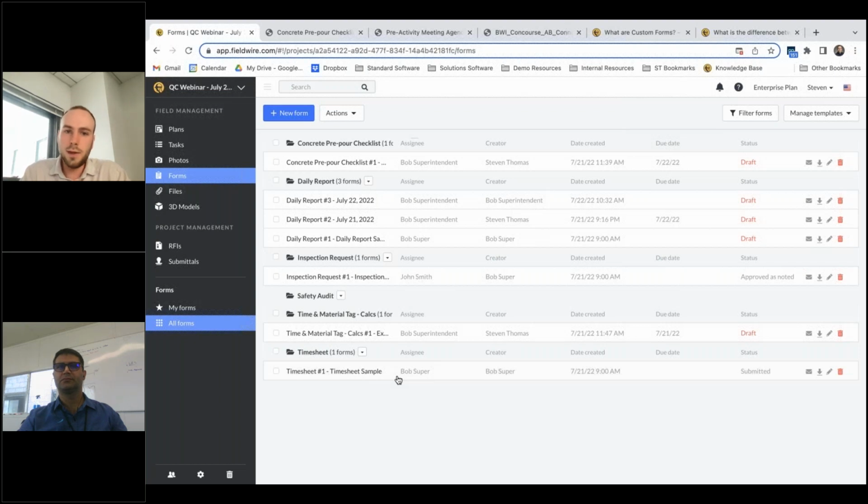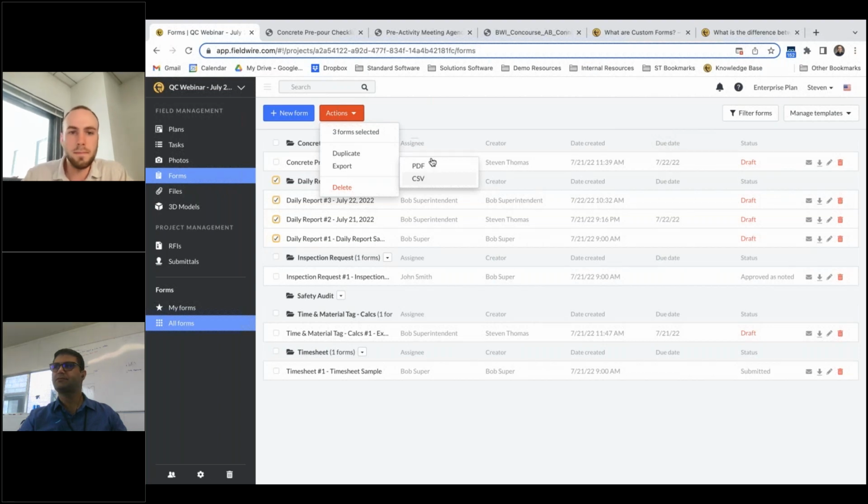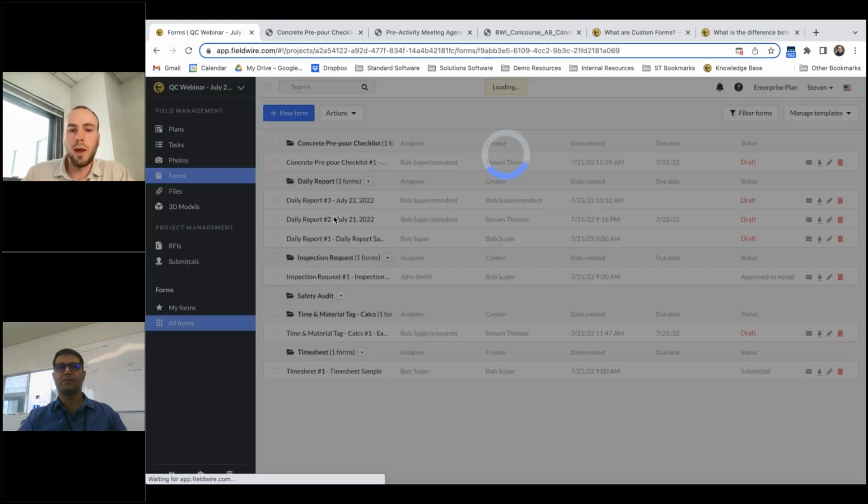The other thing is time savings. You can fill out forms on site. You can attach photos right from your phone instead of having to upload pictures to your computer and paste them into a Word file later. It's just a little bit more streamlined. And lastly, we can export forms in PDF or CSV format. And that CSV is really handy if there's any numbers you're entering into your forms and you want to analyze the data you're capturing. So to give an example, we'll open up a daily report form that I filled out.